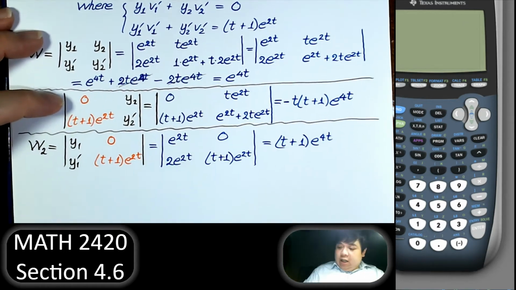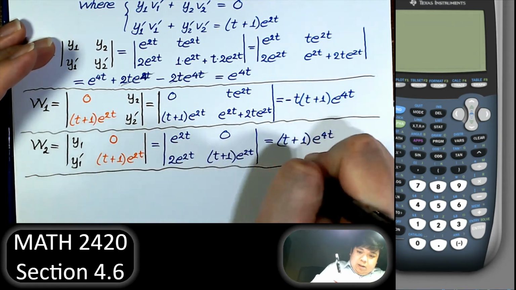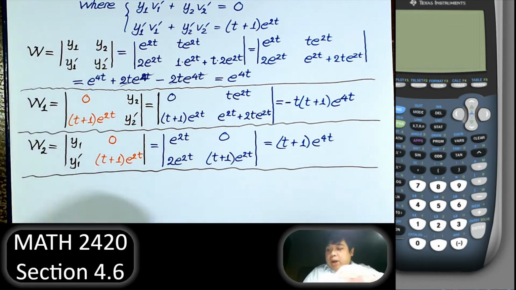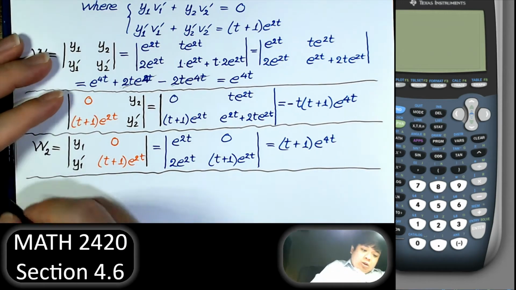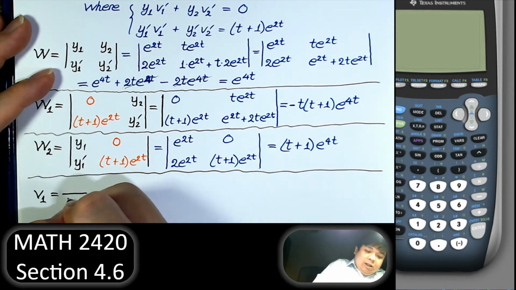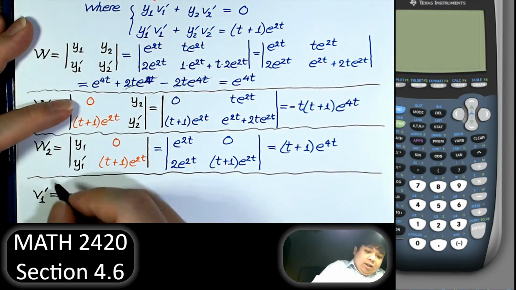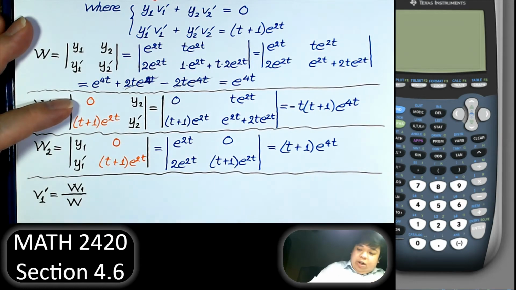So the w's are not that complicated in this problem. Now once we have all the w's, Cramer's rule says the solution will be,